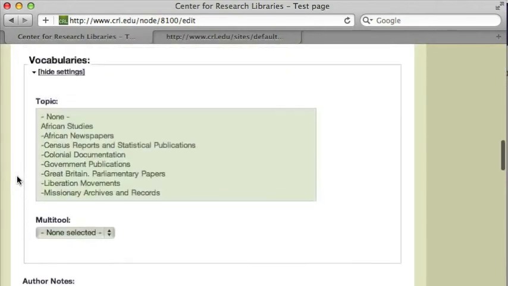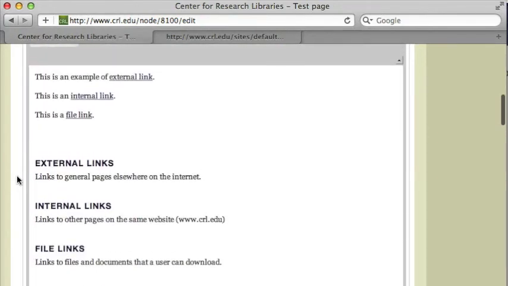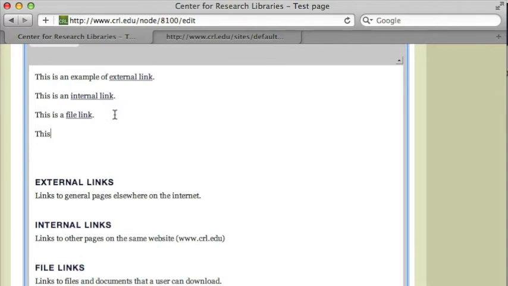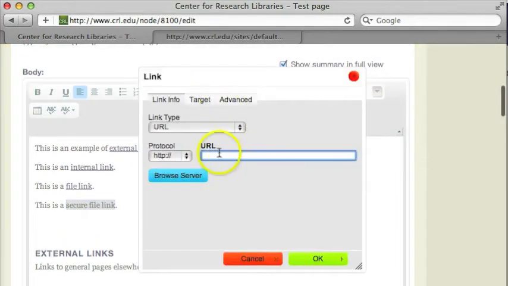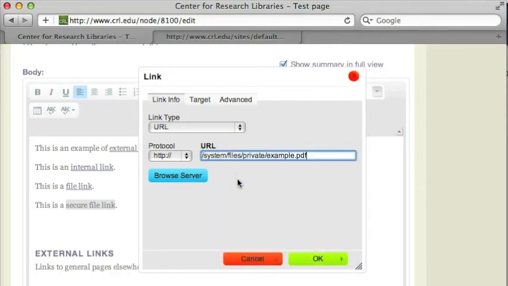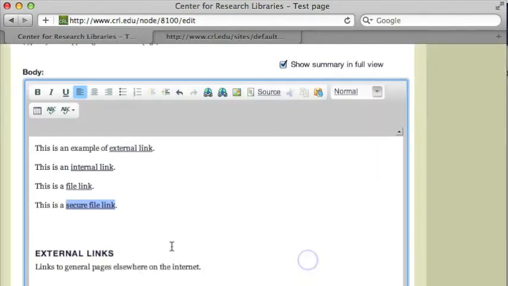And now I'm going to scroll up to the part of the page that I want to edit, and I want to create my link within the content. Now I'm following the procedure that I'm familiar with for internal links and external links. I'm going to highlight the text that I want to turn into a link, click the link button, and now I'm pasting the text that I copied from below in that file attachment field as my URL, and I say OK,